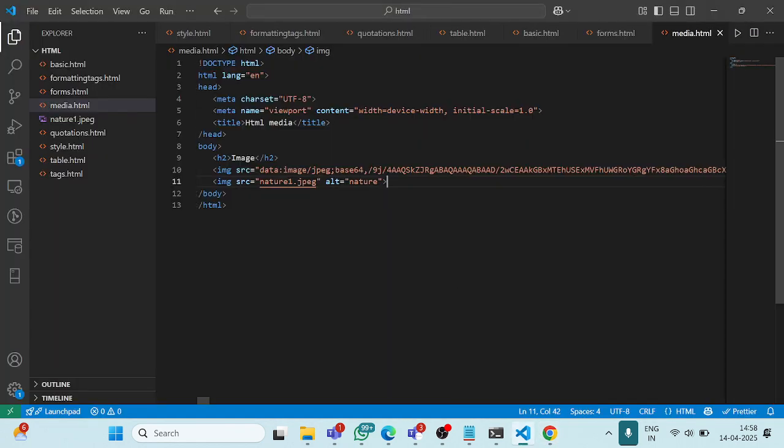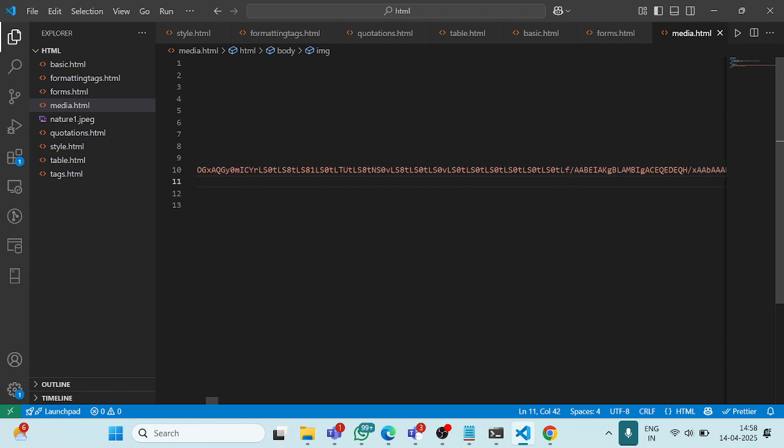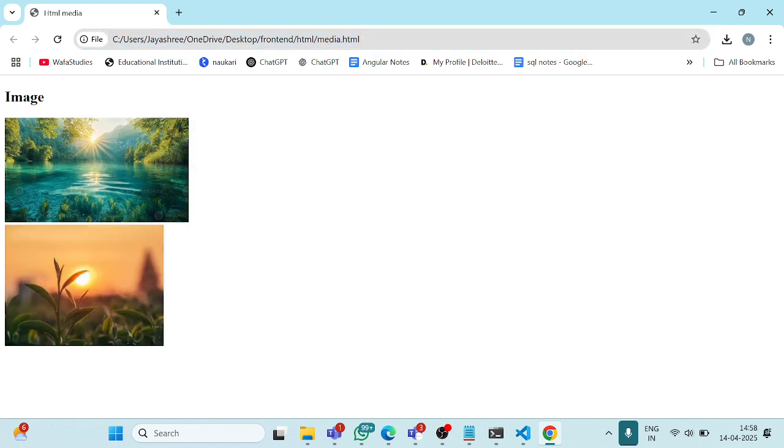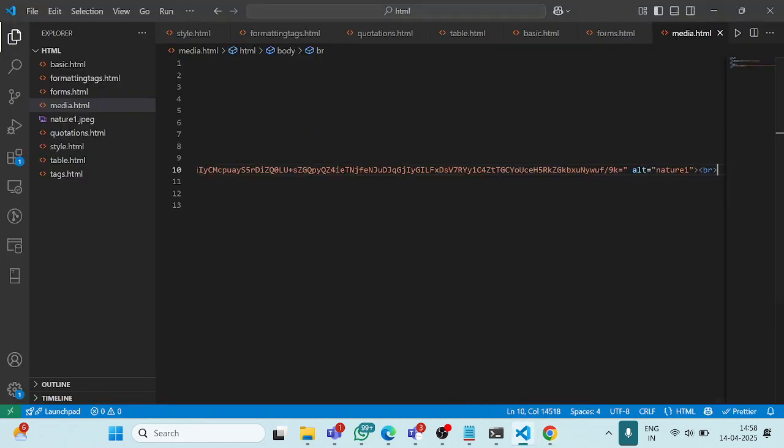Okay, so I'm going to give the break tag here. What is the break tag? And we don't have the ending tag for break also. So this is very big one. BR. So this breaks the line. This is how we use this one. And next, what we have left over, we have left over with